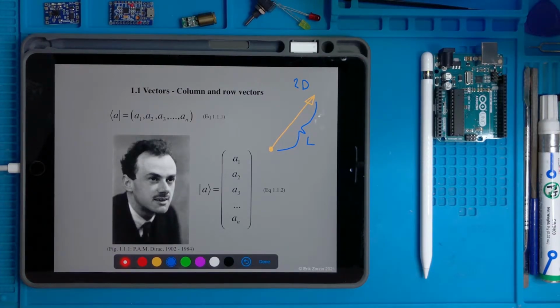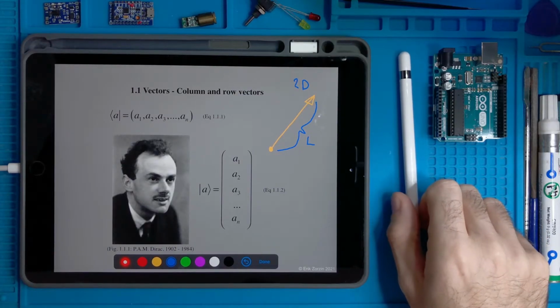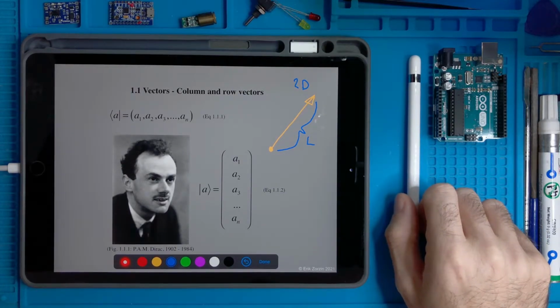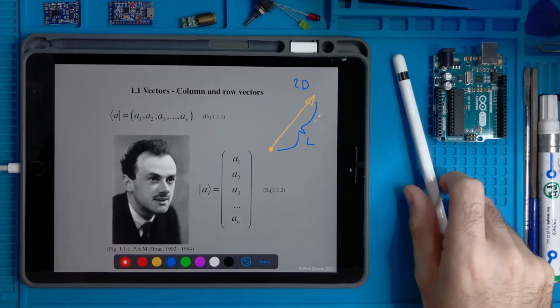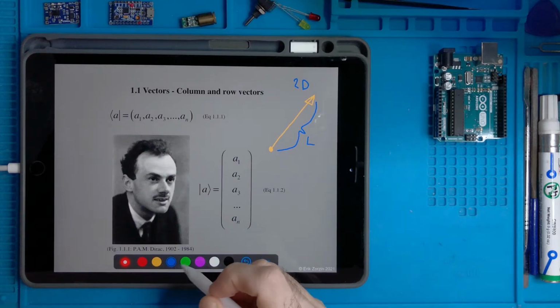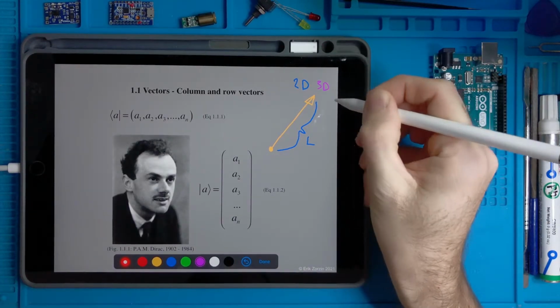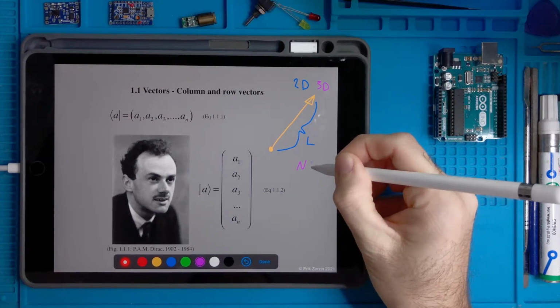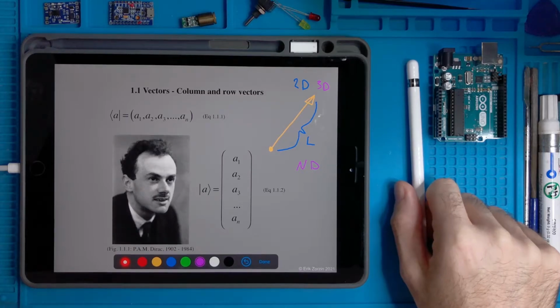But in order to reach this connection, which is very useful in order to work with circuits and signals, we need to go a little bit deeper in the concept of vectors as objects that are not only in 2 dimensions or 3 dimensions, but in n dimensions. So what does it mean? We will see in a while.